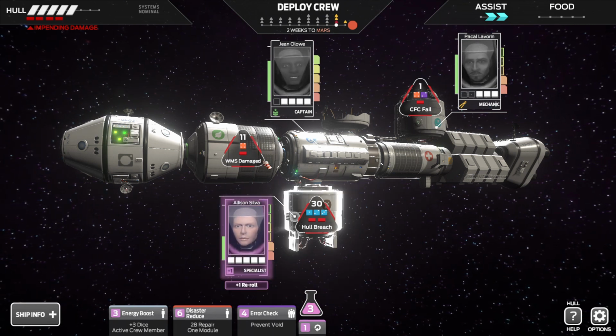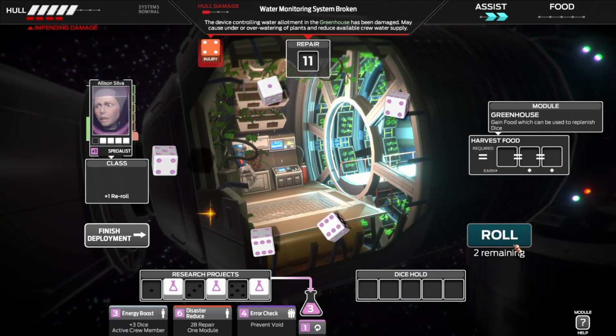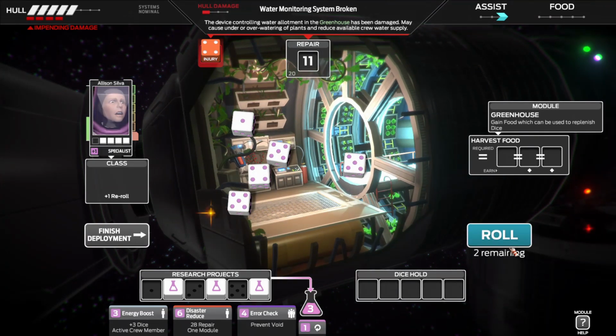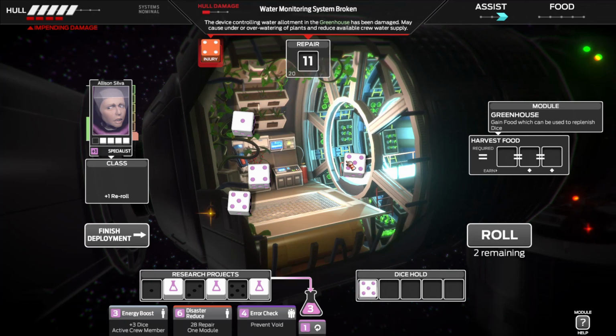And now we can get Allison into the greenhouse. It does cost her 1 health to do so, but we've got more of a chance of getting rid of this than we do the other one. That assist comes in handy, and I'll tell you what, we've done exceptionally well there. I'm actually going to put...